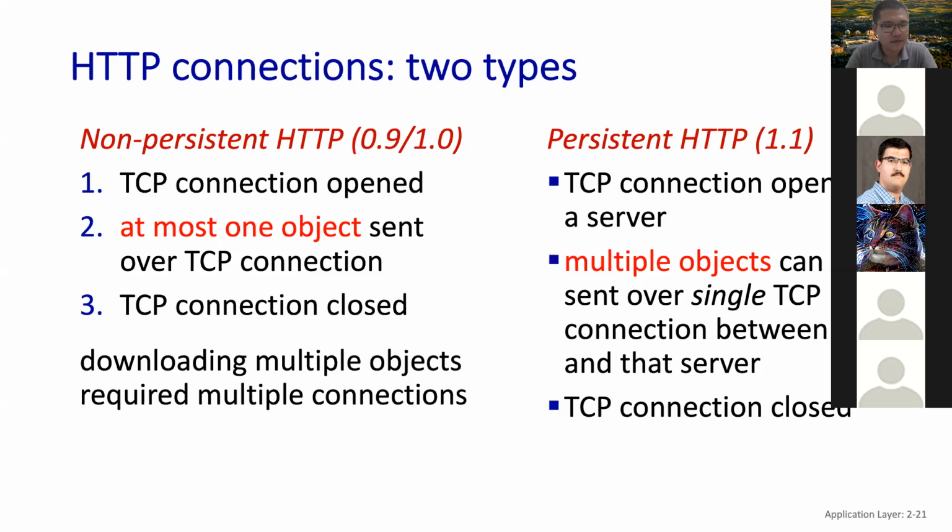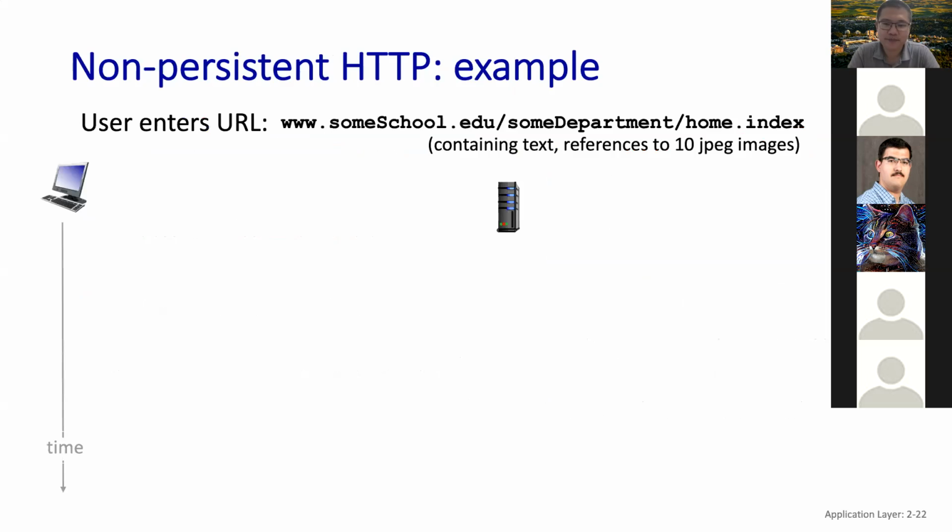But from this slide, you can simply tell that you establish one connection and send and receive multiple objects. That would be nice, right? But we can do some analysis of why it's better. You just think about how you save a lot of time here, but we can do some analysis.